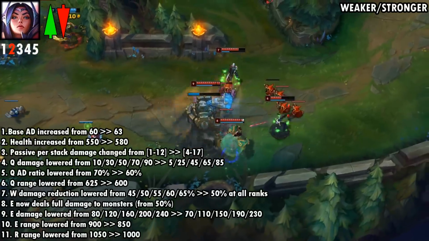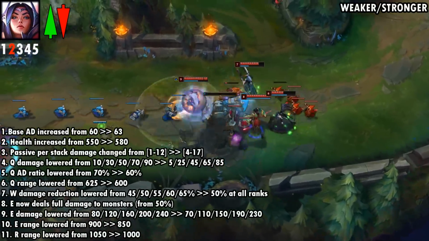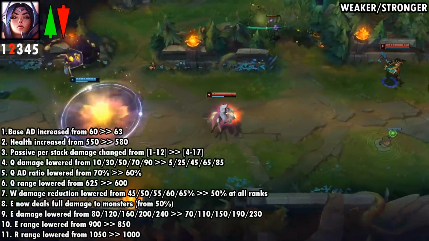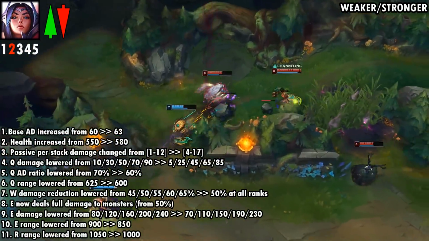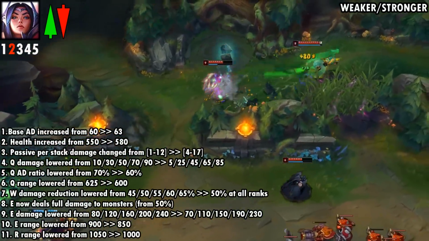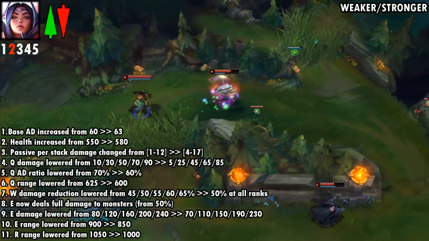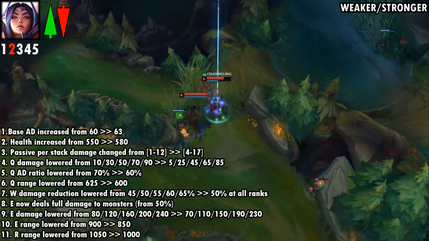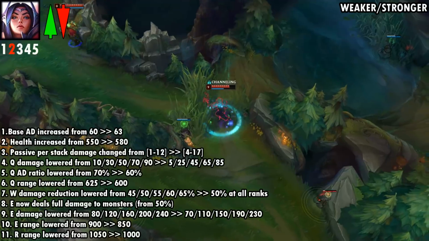Now all of her other abilities though are getting nerfed for next patch. So her Q's damage is getting lowered, the range on it is also getting lowered. Her W, the damage reduction, is going to be 50% at all ranks now instead of 65% when you get it maxed out. Her E is also getting a nerf, the damage there, and then the range is getting nerfed on the E too. And then lastly, her ultimate is getting a range nerf as well. So with all of these changes here, I think that